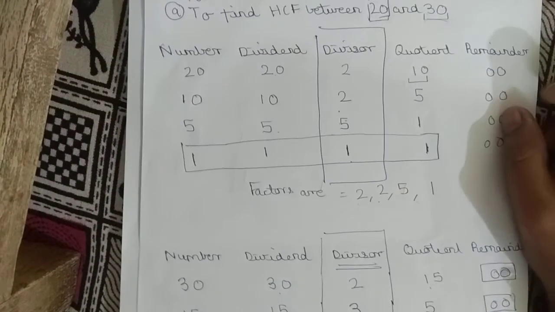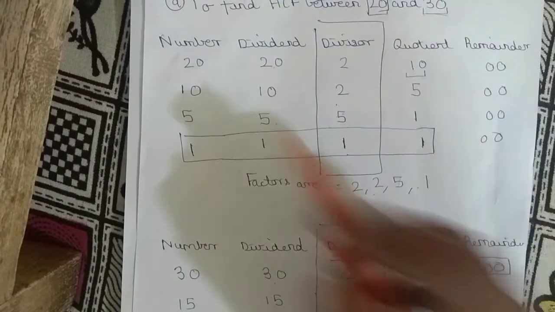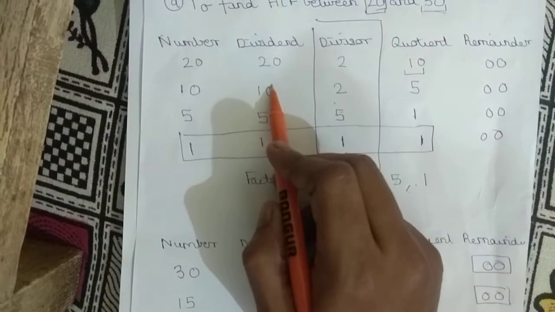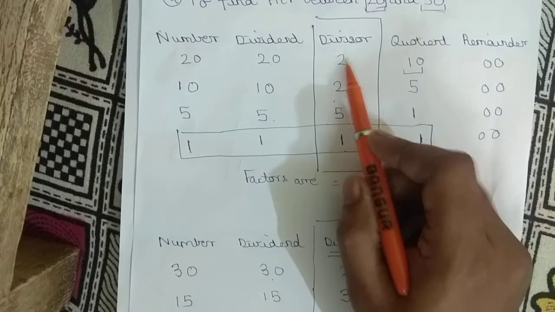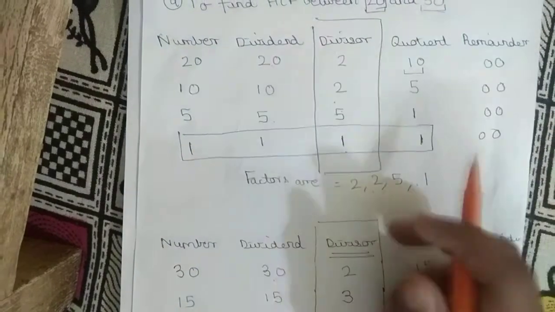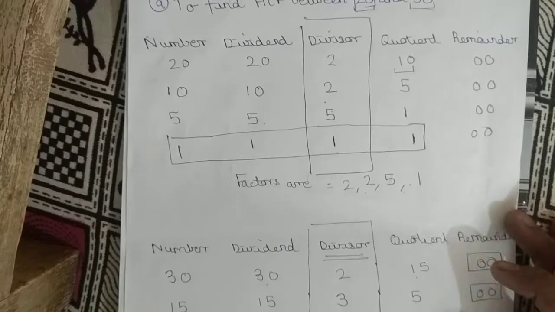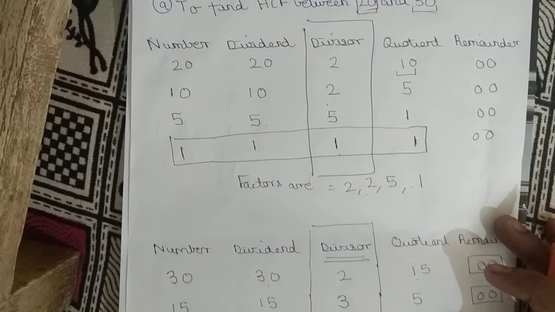The steps are common. You have to first fill this table. How did we fill this table? I will just give a quick revision. We took the number, we wrote it in the dividend, and we thought what the divisor was. Is the divisor 2, 3, 4, 5? We will always start with 2. If it goes into 2, then it is the divisor. If it doesn't go in, you can't directly jump to 5. You have to think about 3, 4. Okay, that's the thumb rule.